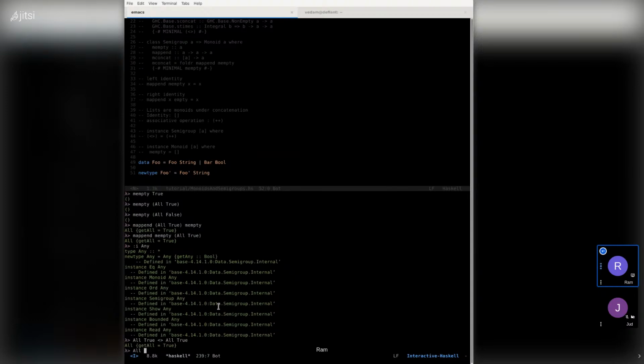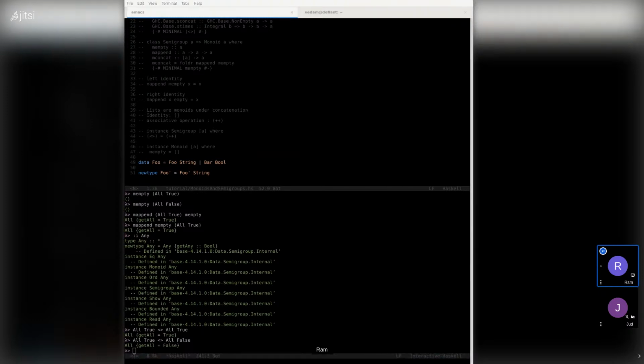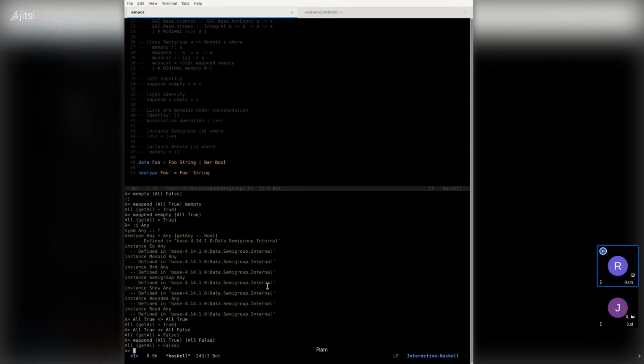But if you do All True and you try to apply All False, you'll get All False, because obviously True and True and False is False, right? So this is very useful. If you're using mappend, I encourage you to specify All True and All False, and you'll get the same answer here.